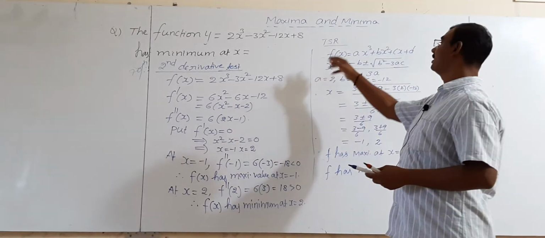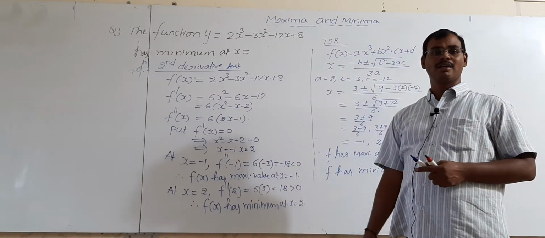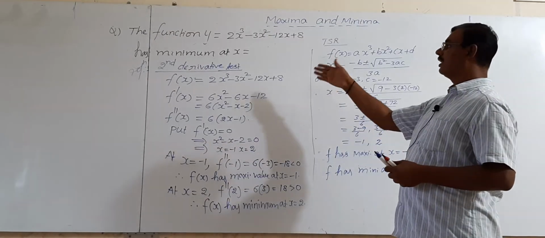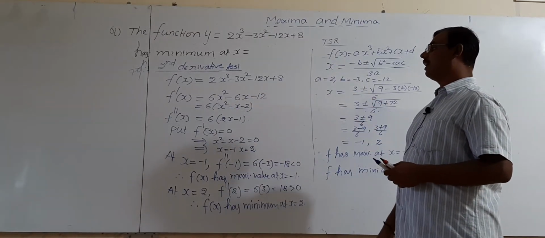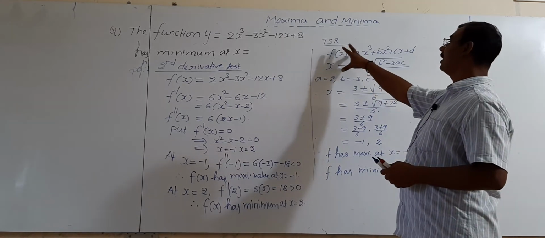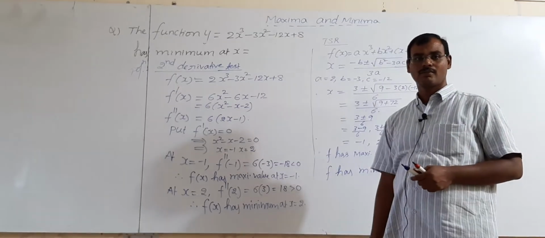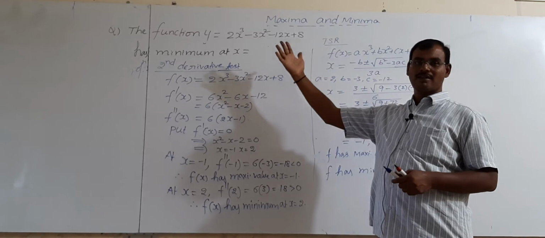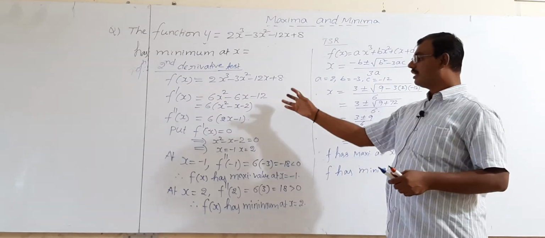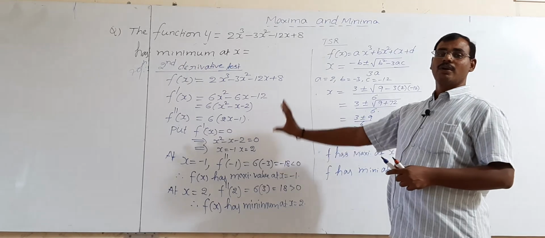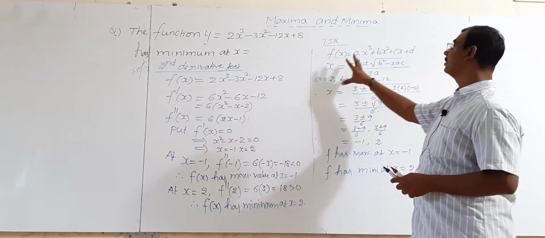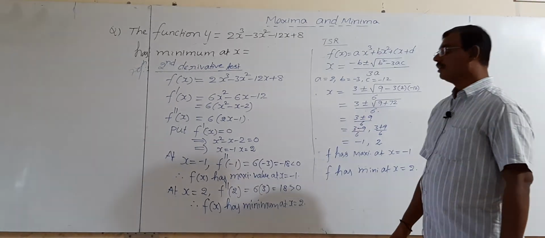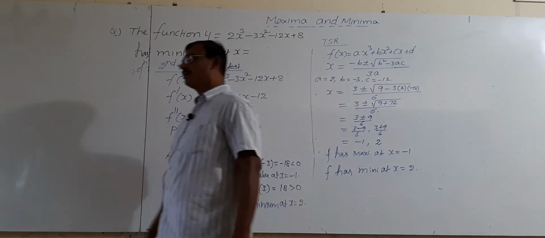This is the TSR method, time saving result. Within 10 seconds you can solve these questions by practicing. Find the number of questions like this, to find the maximum and minimum values of any cubic equation form. I hope you understand this method also. The first derivative test or second derivative test theory form takes a little bit more time, so to avoid these methods we have to use the TSR method from the entrance exam point of view. Clear? Okay, now we are going to the problems.